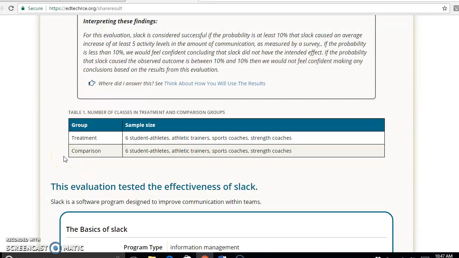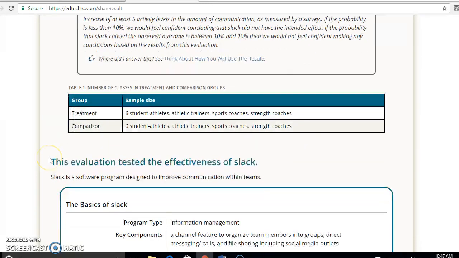Ideally, like I said, I would want to implement the technology for all groups. I didn't find a way to do a pre-test, post-test based on attitudes instead of amount, so I divided it into treatment and comparison. I guess I could implement the tool with some teams and see if that moves the needle, if that improves communication while other teams don't, and see what their attitudes are before and after.